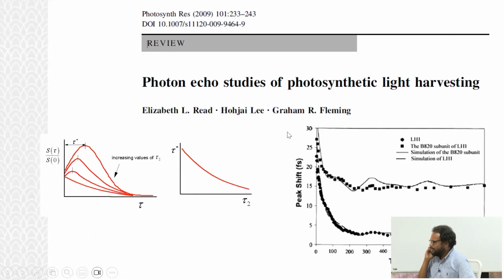This is, again, an early photon echo study on light harvesting complexes found in photosynthetic systems, done by Graham Fleming in Berkeley. And you see that you can see this kind of shift, and they plot this shift here as a function of time. I'll come back to this time later, but you would see some kind of response of this kind where the system has a maximum at a point much later. That's because you're able to recover or rephase things properly at much later time.